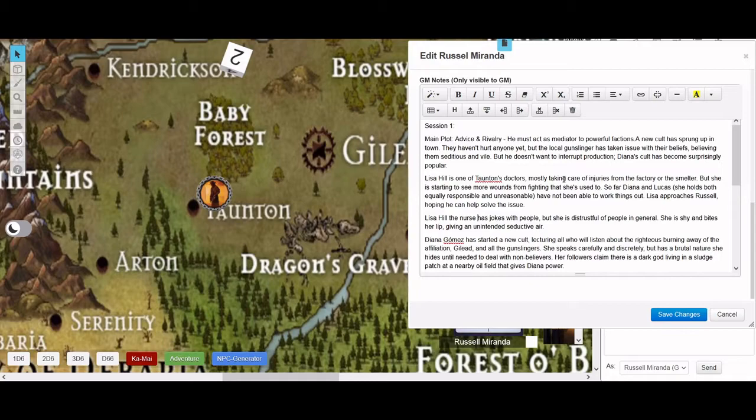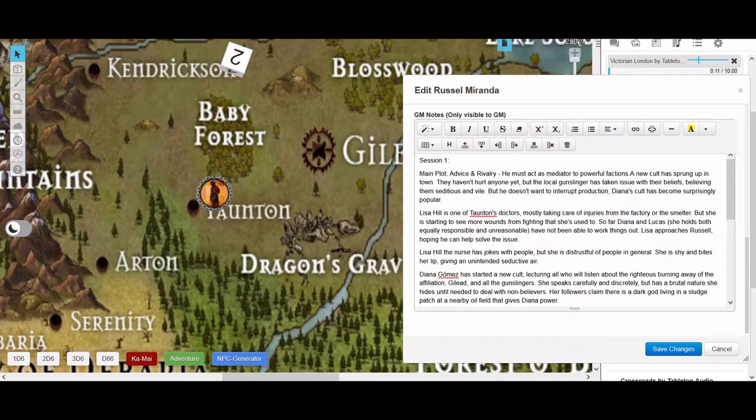So as Russell rides into town, very familiar with it. It's close to Gilead. He's been a gunslinger riding out for the last 2 years, so he's spent plenty of time in Taunton. He sees familiar faces in the road. It's a bustling little town.